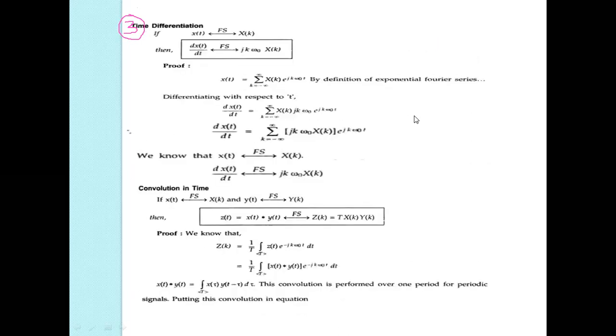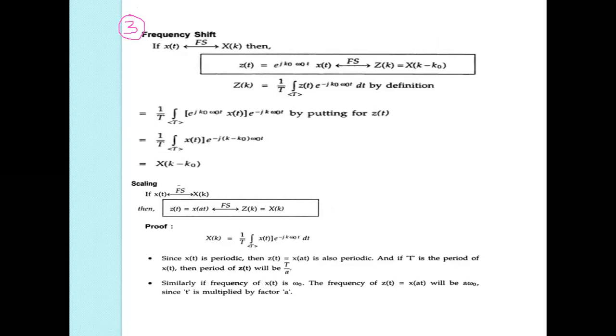Now the third one is the frequency shift property, x of k minus k naught. So let us see the proof of